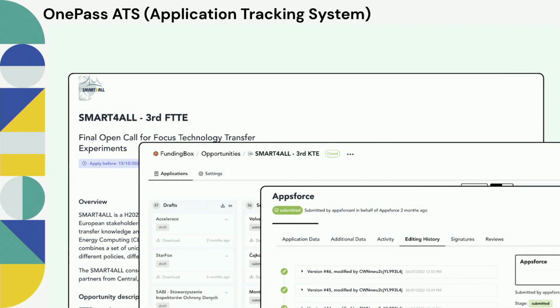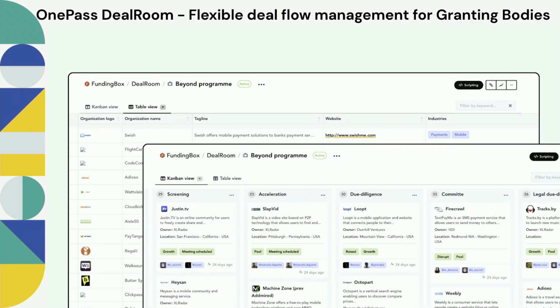This is a close-up screenshot of the application tracking system. Here you can see the information of the open call. You can see the applications that you're receiving, and then you can go into a little bit more detail. You can see the edit history, so you can see the edits of the particular application. And this is an additional feature that we're